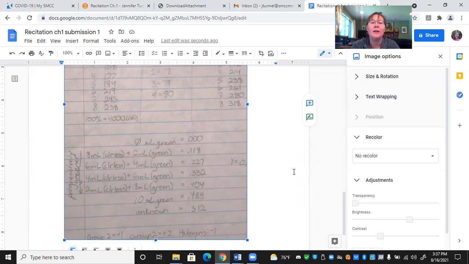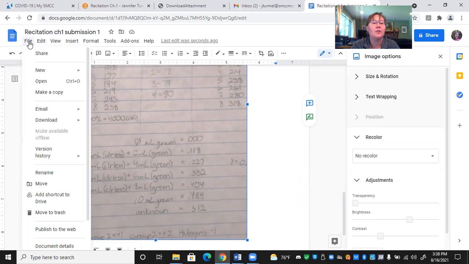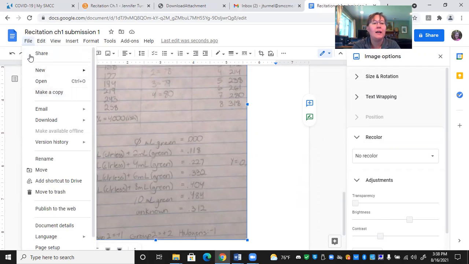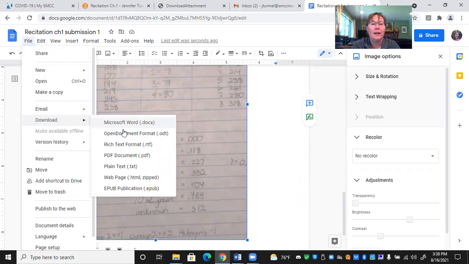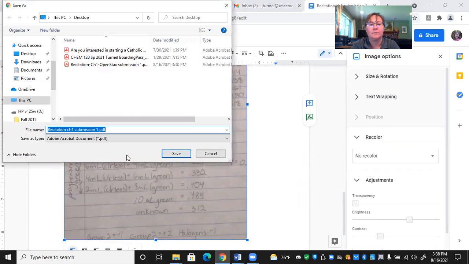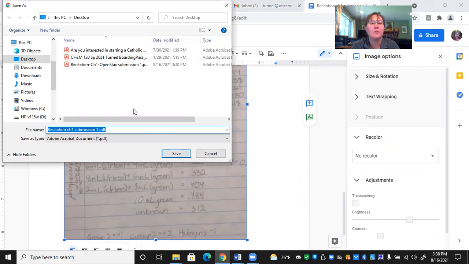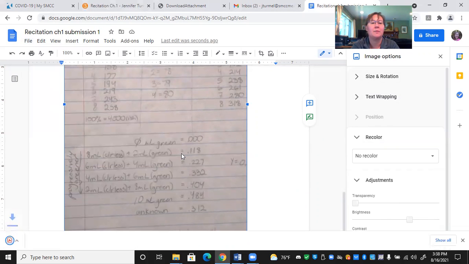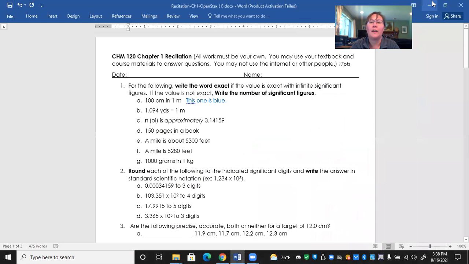Okay, now from here, because I don't want them submitted with this, again, if there's formatting in Google Docs, it won't show up. If you're in Google Docs, then you can say, okay, go to File, and then we'll go to Download and choose PDF. Okay, and I'm going to put that right here on, I'll just put it on my desktop so that I can get to it. Okay, so now here I've worked through that,